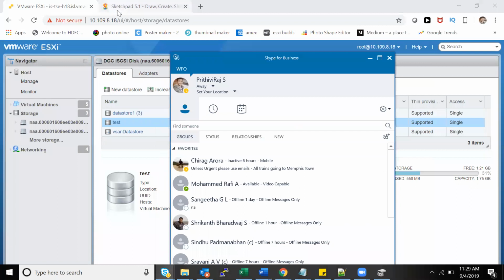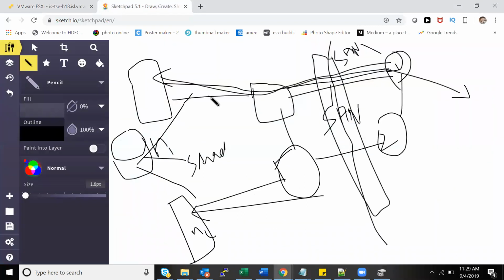So if you want to increase the LUN, let's say you presented one LUN, this is 1 TB. I've created a data store for 1 TB. Now after 1 year, my data store has grown fully, all the data is utilized and my VMs are using everything. Now I want to increase it to 2 TB. So what should I do first?